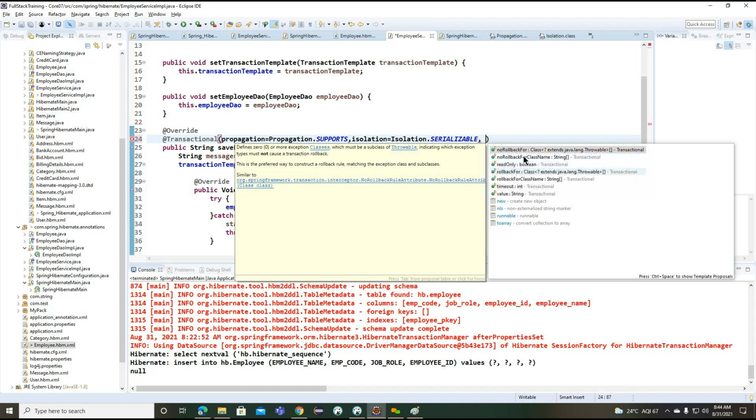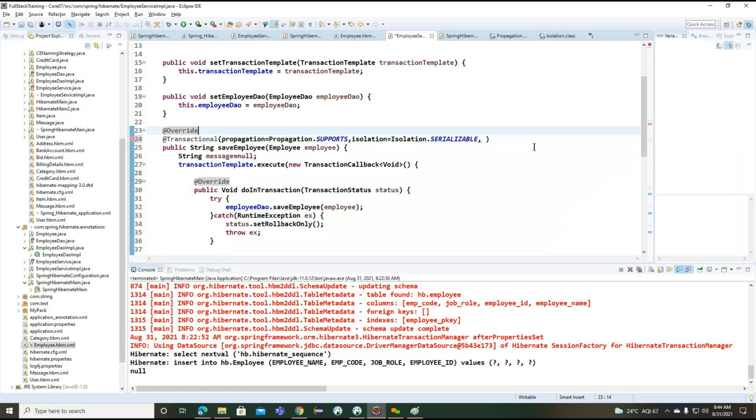Rollback exception classes here. So we are providing the class information, the names of the classes. Whenever we get any exception, these are the classes we are going to call for the rollback mechanism. But internally the exceptions are handled here, whether it is a runtime exception or a normal exception, it takes care of the rollback related exceptions.